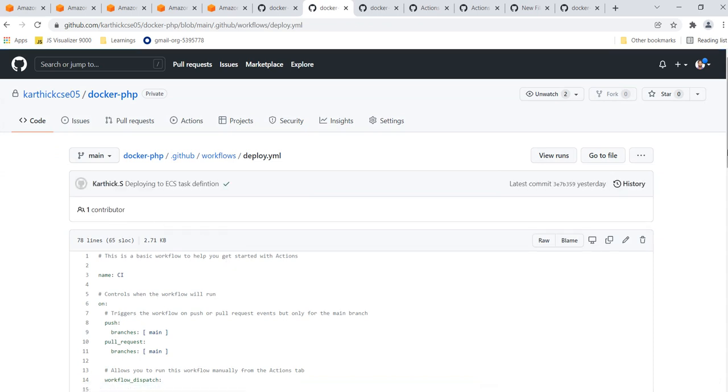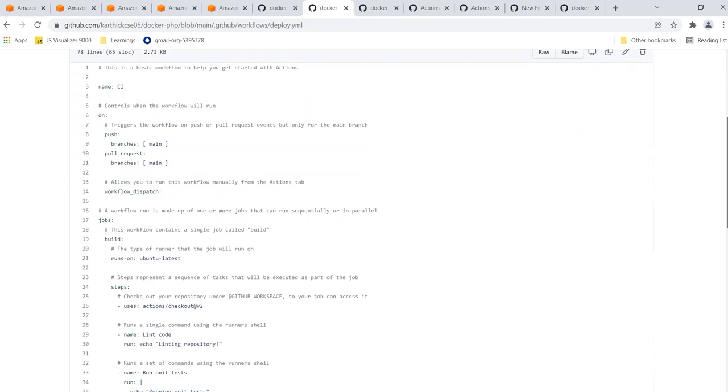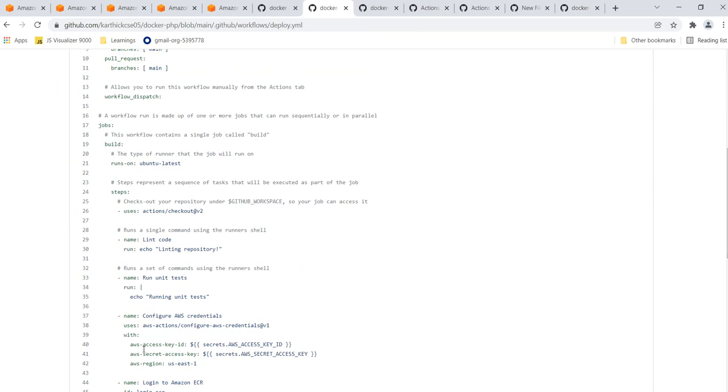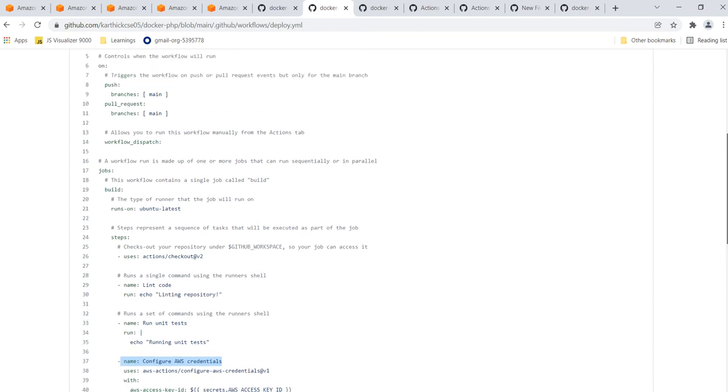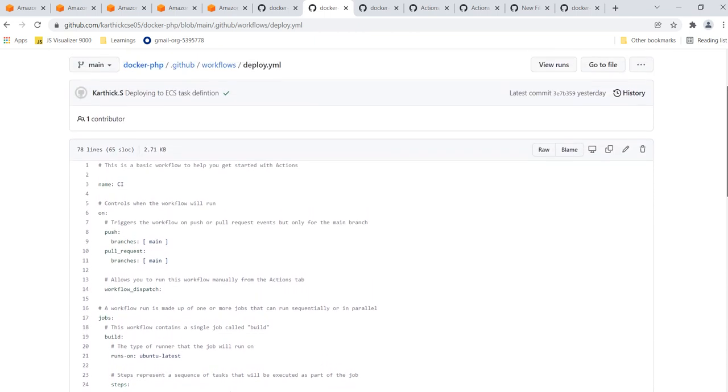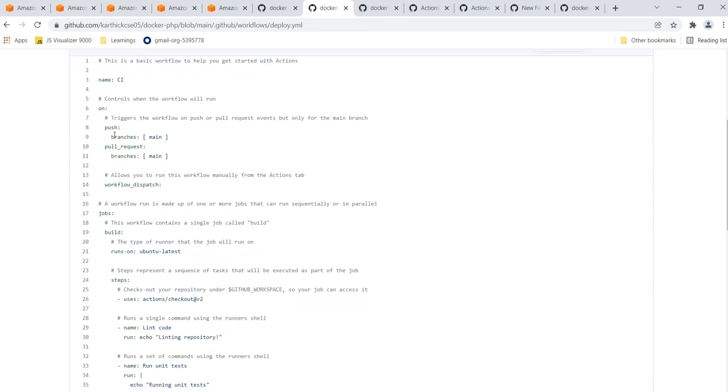Apart from the existing piece of code, I have added a piece of code here, because we need to build and push the code. Before that, I will let you know what lines we have in the deploy.yaml file. This defines when to trigger this workflow, like on push to the main branch or a pull request raised on the main branch, and then on what runner my job has to run, like on which image or system, which is Ubuntu latest.